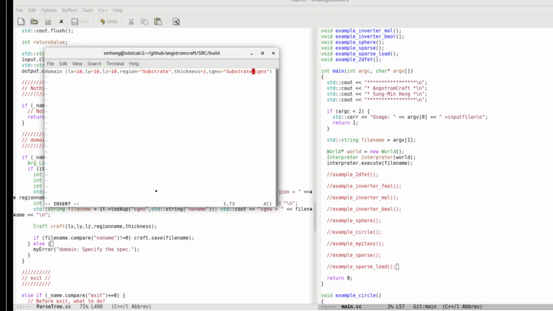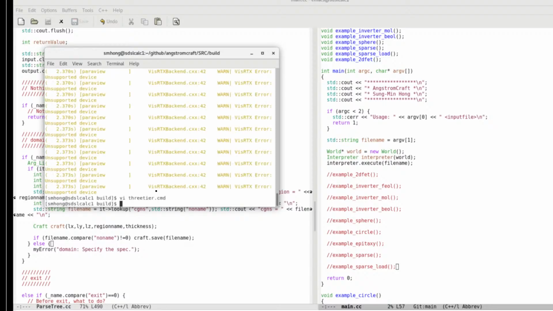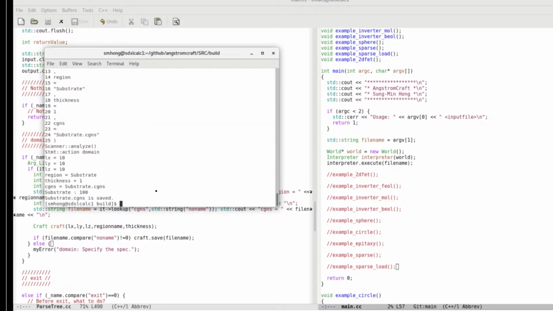Guess what will happen? Now we will have a cube, and only at the lowest level we will have a very thin substrate. So let's run the same code once again, without recompiling it, and you can see that now